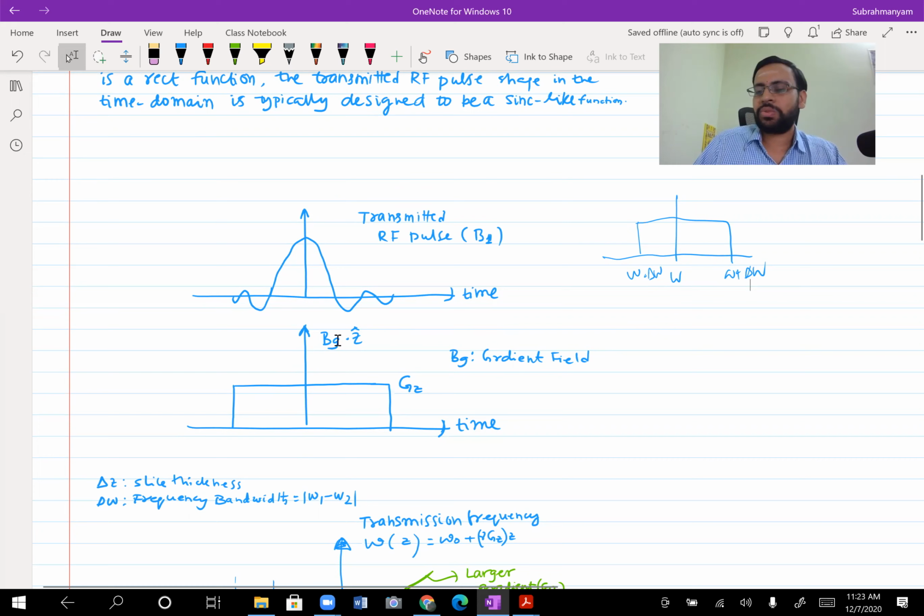I hope that's clear to everyone. Maybe I'll ask Sai Pavan, is that clear? What is the illustration shown here? Yes, sir. Okay, good. So now another convention that is followed throughout your MR imaging, which we have not